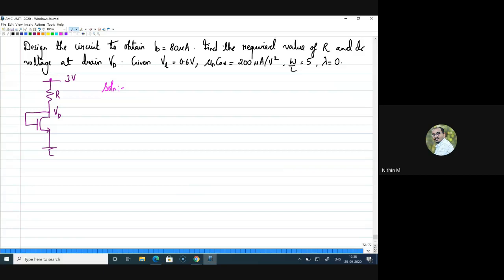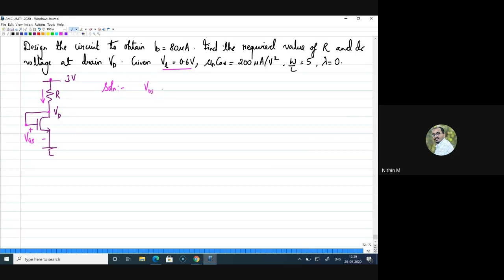The reason is you can see this is the drain terminal and this is the gate terminal. The drain and gate are shorted together. One more thing, the MOSFET will definitely be on. Why will it be on? The threshold is 0.6 and this is connected to a 3-volt supply. That means there will be some current here and that current will establish a VGS voltage here. I am assuming that VGS will definitely be more than VT and the MOSFET will be on.